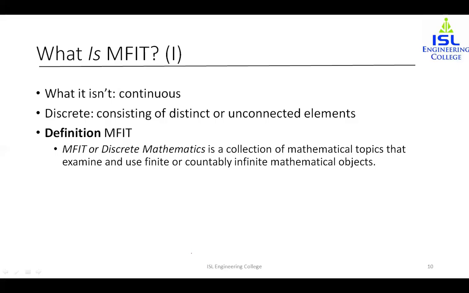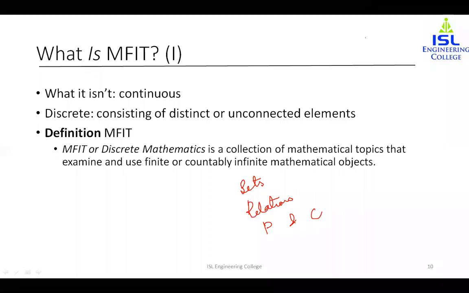Discrete mathematics is a collection of topics that examine and use finite mathematical objects. It is a collection of mathematical topics. The different topics included in MFIT are sets, relations, permutation and combination, etc. The common name for MFIT that is usually used is discrete mathematics. Discrete mathematics is the backbone of computer science and information technology. Concepts and notations from discrete mathematics are useful in studying and describing objects, and this subject is used in various branches of computer science such as algorithms